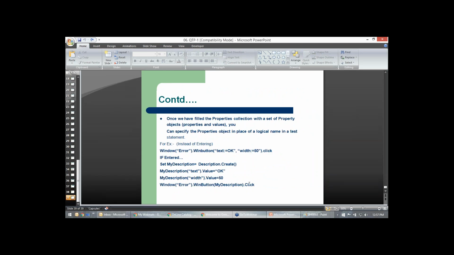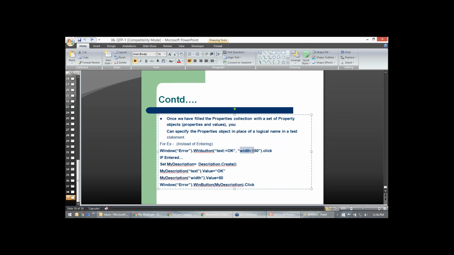So they have given one example for descriptive programming. This is a client application where there is a window error. So there is an error pop-up. Okay, a window button suddenly pops up, where the text is okay. Here you are giving a property, and this is a property and its value.